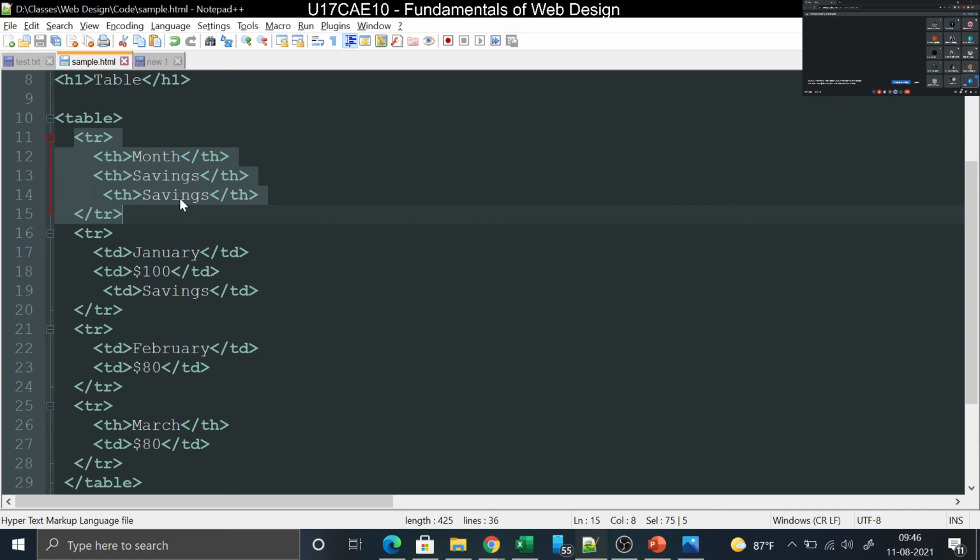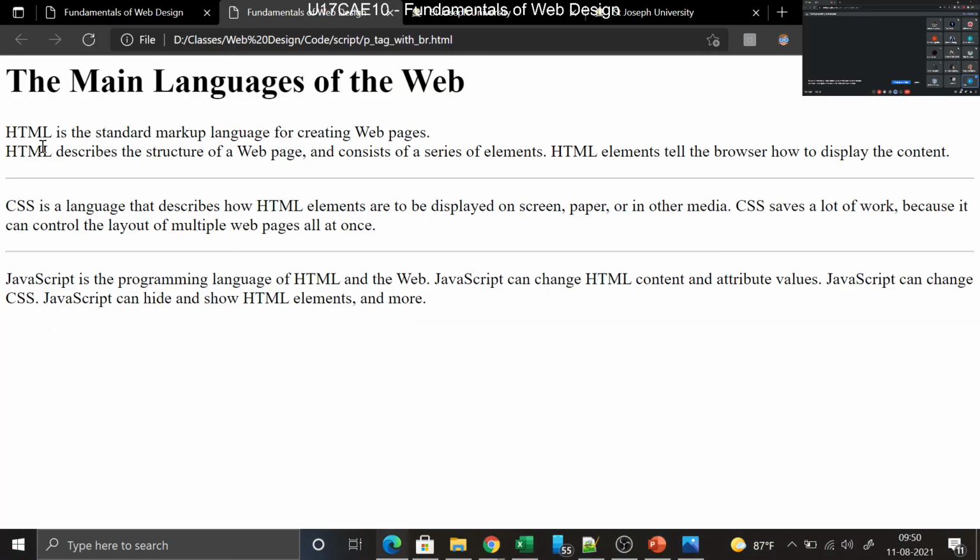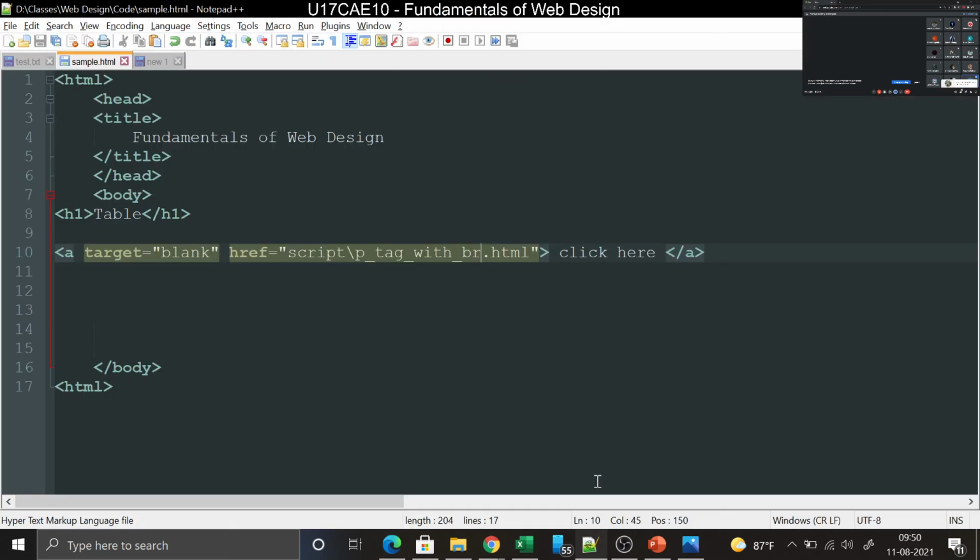Scripts. So now what I have given? I have given script, you can see here script p underscore br dot html. It is giving the full path name automatically. So if it is in the same folder, you need not give the path name. But if it is in a subfolder or in a totally different folder, you have to give the path name. Okay, and you can also use this to include your full web address.